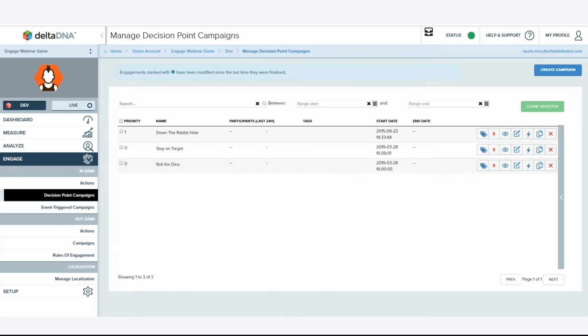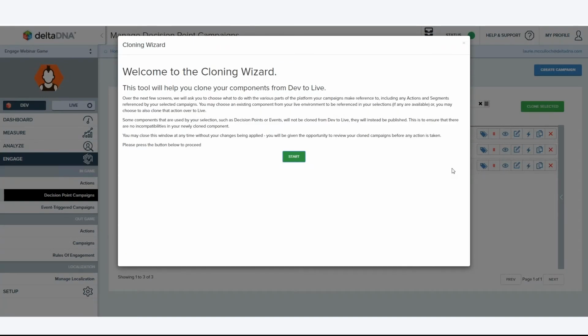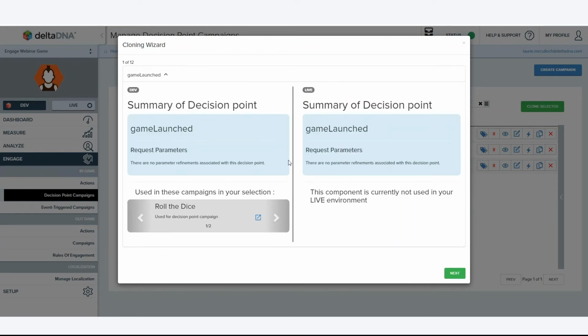So let's clone those across to the live environment, see what happens. If I just select both of those, roll the dice and down the rabbit hole, and hit the new clone button up here, this is now presenting me with a wizard to help me through the cloning process. So let's just start that up. It's showing that there's actually 12 steps in this cloning process. And what it's going to do is take me through each of the elements of those campaigns that needs to be cloned,